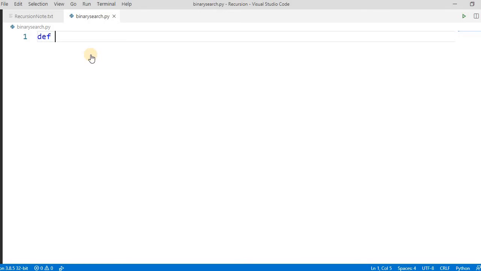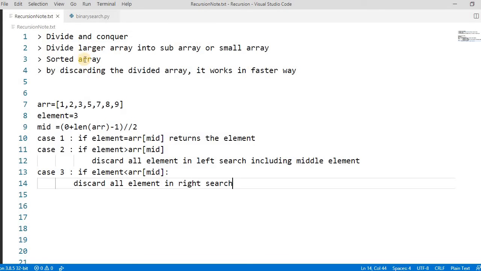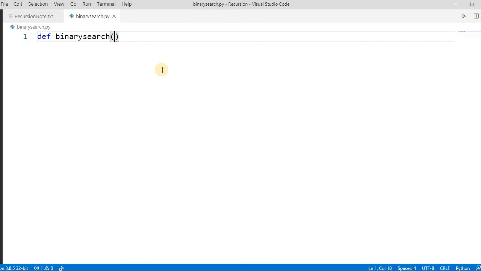Let's create one method, define binary search. What are the parameters we have to take? First should be the array itself. Second, the element that needs to be found, and the third will be the first part, the left. 0 will be right, because by default the first time we take 0, but every time it should not be 0, right? And the fourth one is this one. So first the array itself, then the left part, then the right part, and the element which needs to be searched, right? Simple.